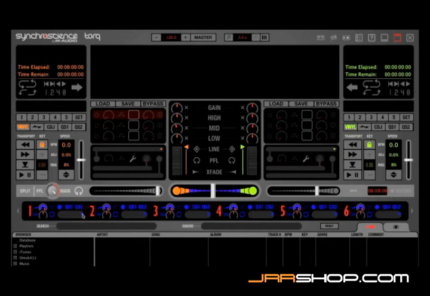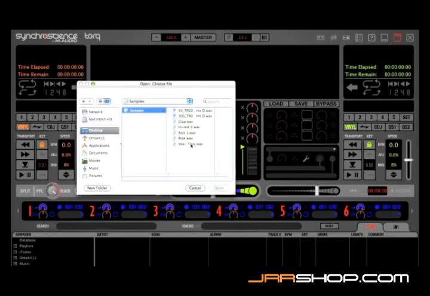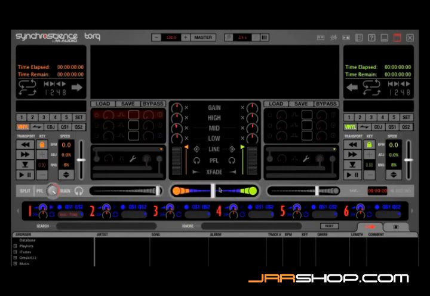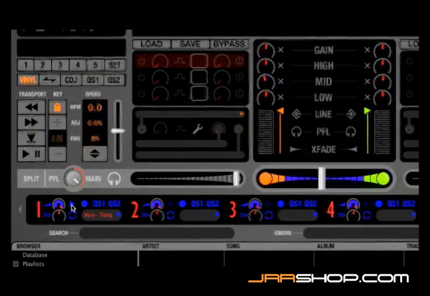Right now, I'm going to pull up a sample just by clicking on this arrow and choosing Load Sample. Go to my desktop, samples folder, and I'm going to load up this sample right here. So Torq automatically puts the sample right down here at the bottom, and when I hit play, we'll hear the sample. DJ software. So this is an example of a one-shot sample where you trigger it and it plays straight through